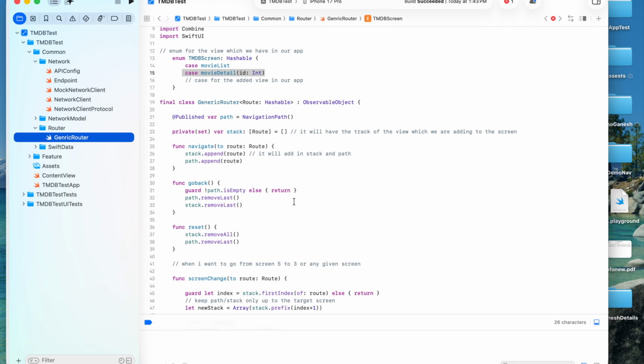But in the router there are some things you need to avoid, such as enums. If you define an enum in your package, then it will be particular to the same project, not for the entire project. So that will create a problem. Other than that,